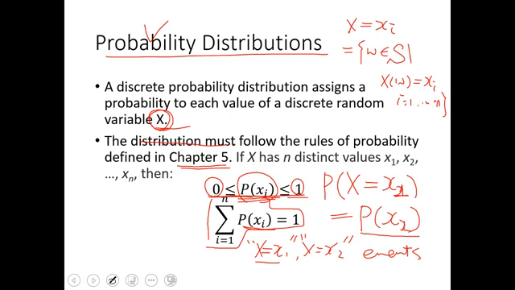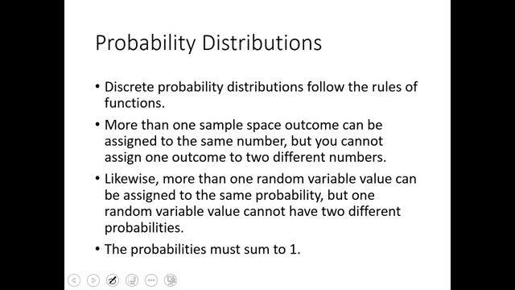So this set is given by this notation. Okay, so a discrete probability distribution is